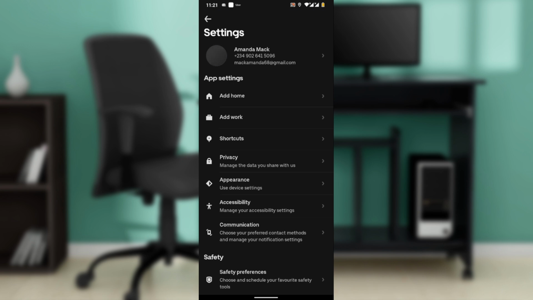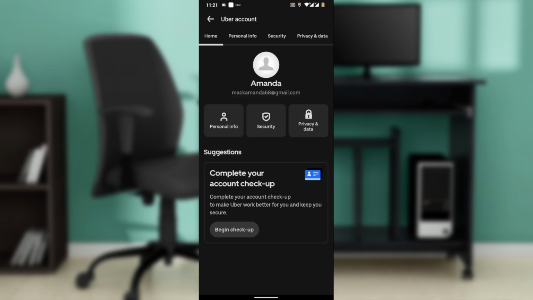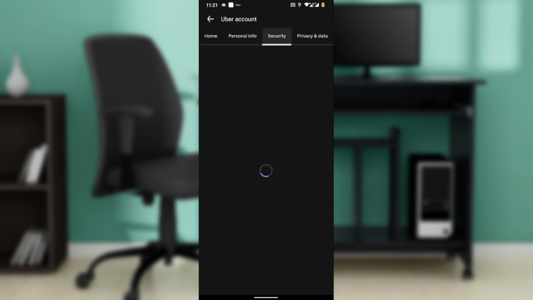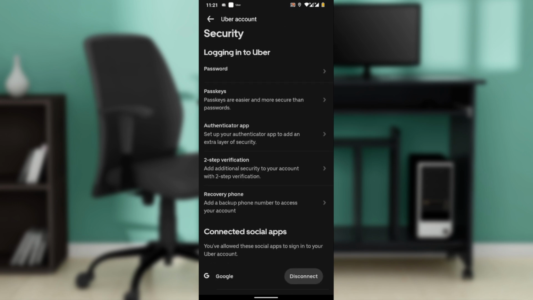Once you're in this window, go ahead and tap on your profile name, which is at the top, and it's going to take you to this window where I have a couple of tabs. You have home, you have personal info, and you have security. So just head over to security. Once you head over to security, then head over to passkeys or password